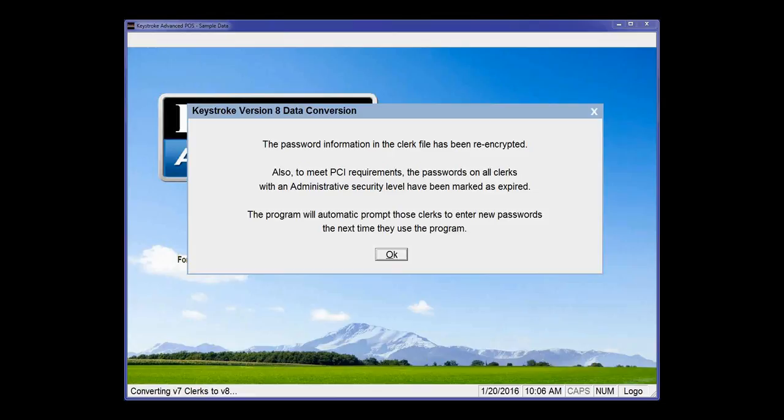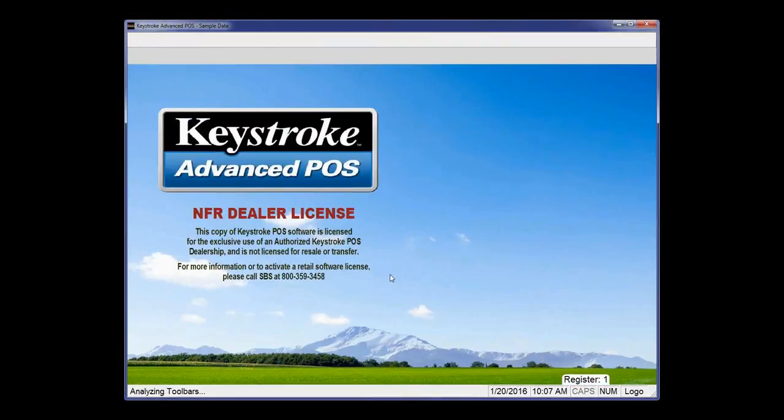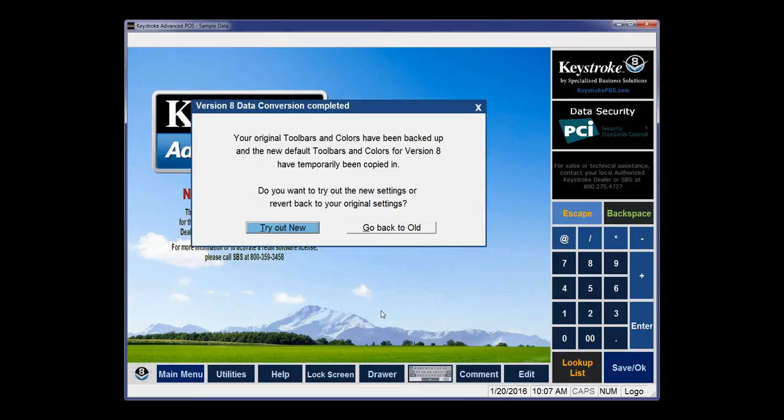It tells me the password information has been re-encrypted. Again, that's part of our PCI security, that it's got secure hashes in how it's stored in the Keystroke files. Then when I come in here, I get this message that all my data has been converted, and do I want to try out the new or go back to my old toolbars? For right now, I'm going to select try out new,